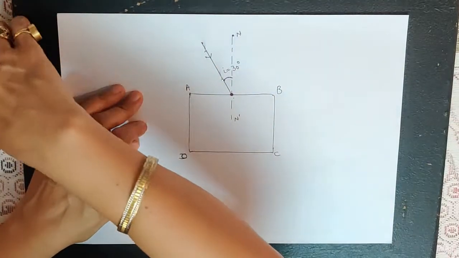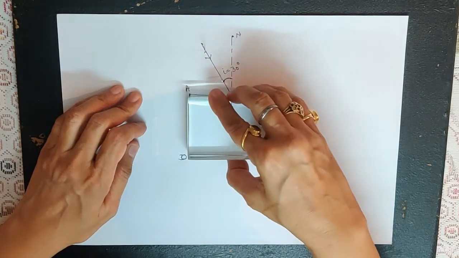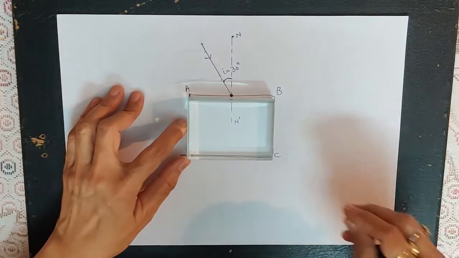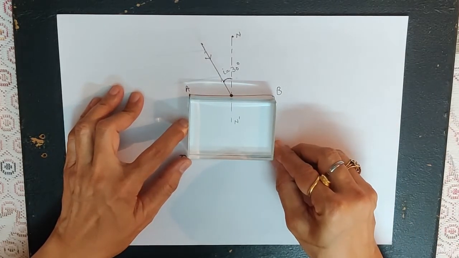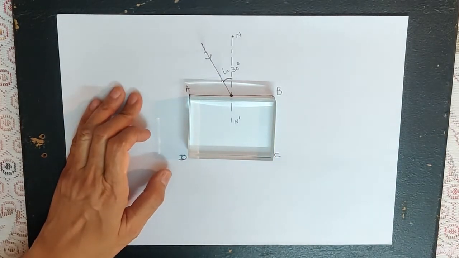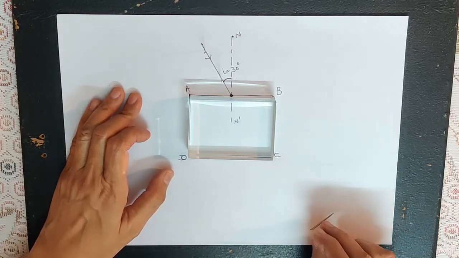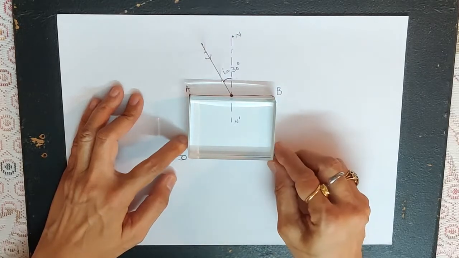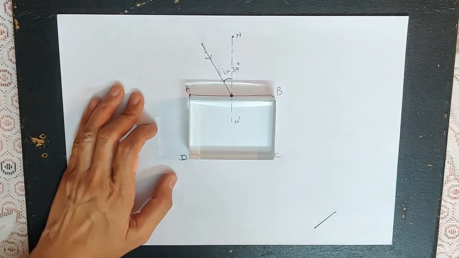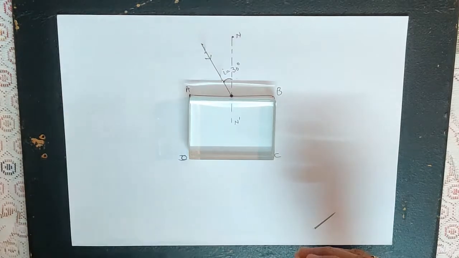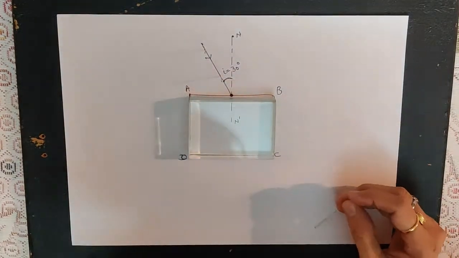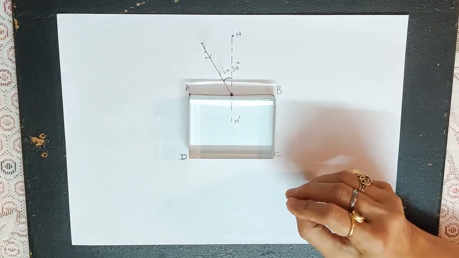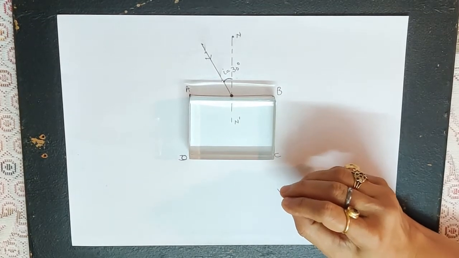Now place the glass slab again at its boundary. Now here, looking from the other face, we have to fix two more pins such that these two pins and the images of the two pins which we have already fixed should be in the same straight line. So here we'll fix two more all pins looking from the CD face of the glass slab such that all four pins appear to be in the same straight line.